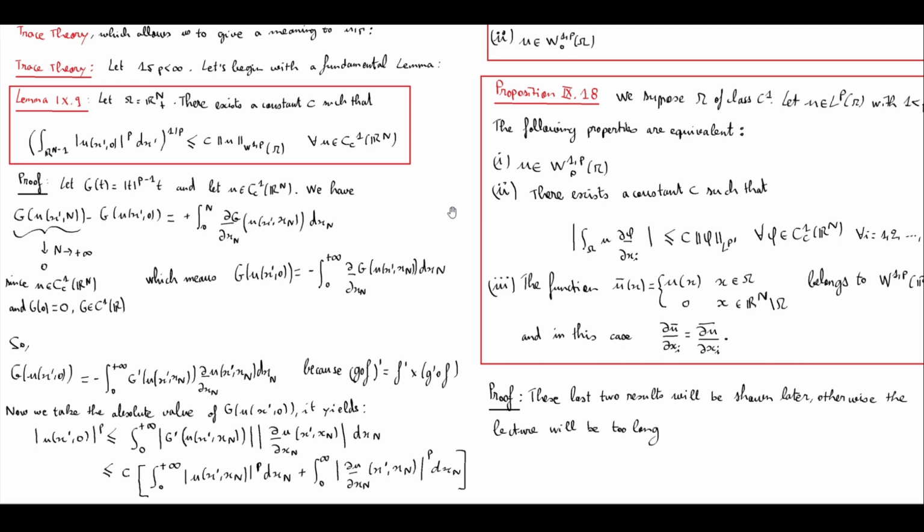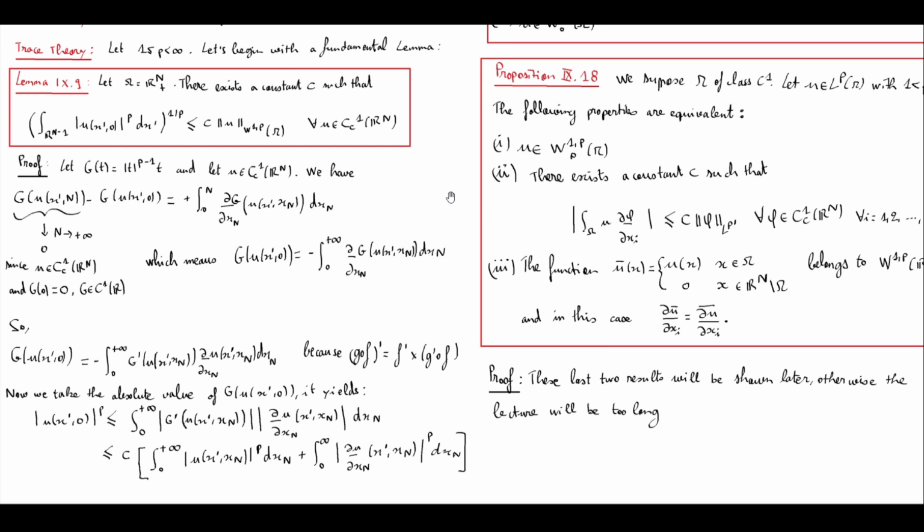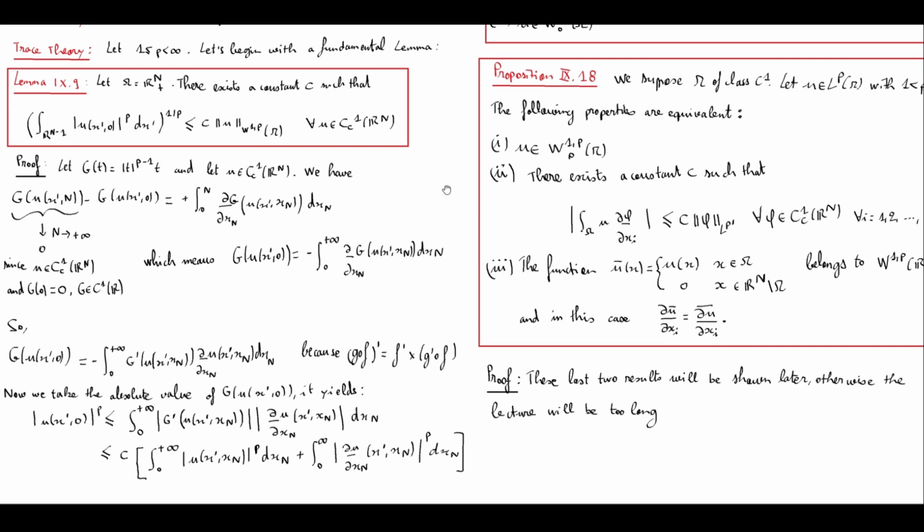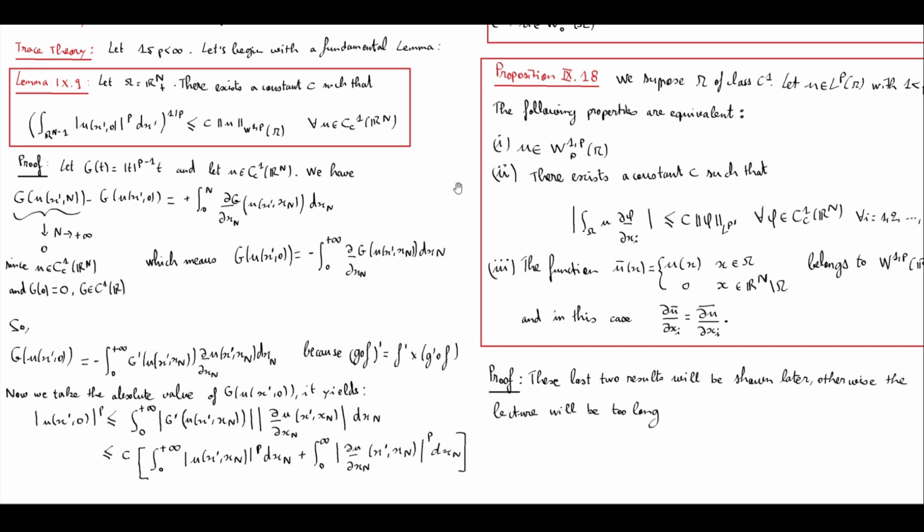Since u is a function with compact support, when x_n goes towards infinity, G(u(x', x_n)) goes towards 0, and G(0) is 0 by definition of the function G, which means G(u(x', 0)) equals minus the integral from 0 to infinity of the partial derivative with respect to x_n of G(u). So G(u(x', 0)) is then equal to minus the following integral, because we use the derivative of a composition product formula. Now we take the absolute value of G(u(x', 0)). It yields